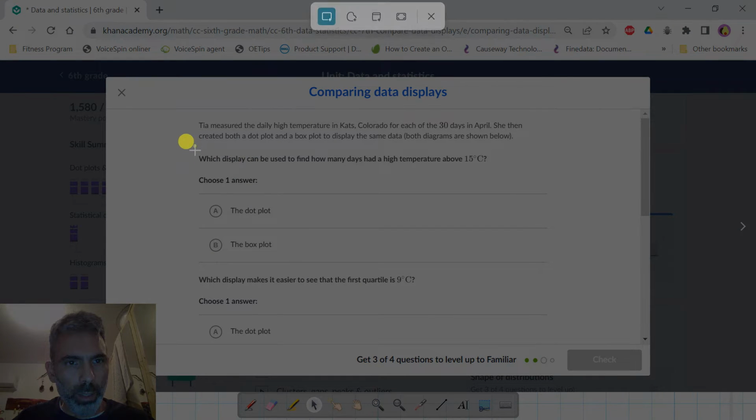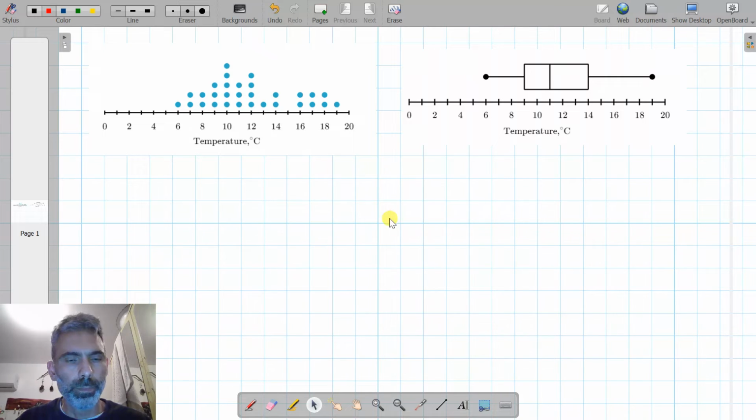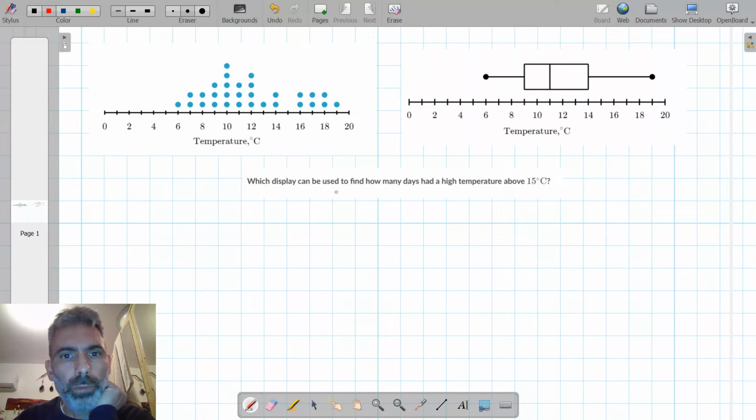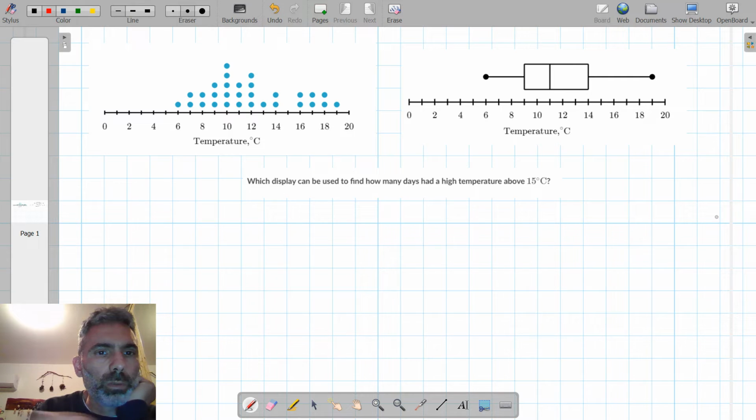Okay, and the question is, which display can be used to find how many days had a high temperature above 15 degrees Celsius? Above how many, so the dot plot tells us exactly how many data points we have above 15 degrees Celsius, but here